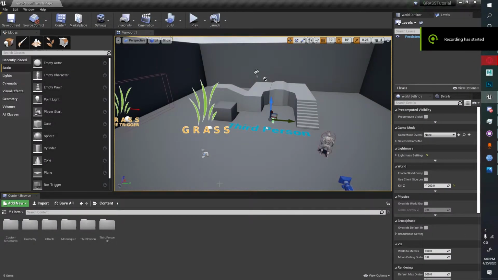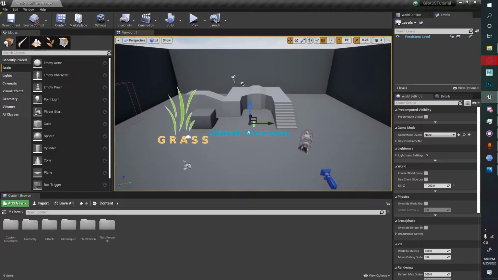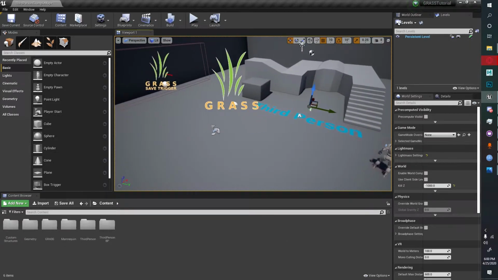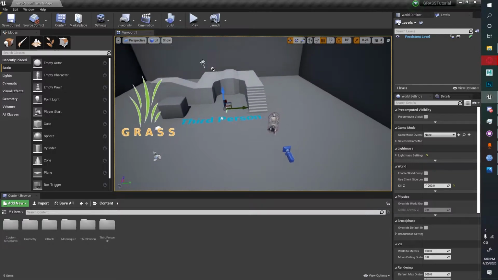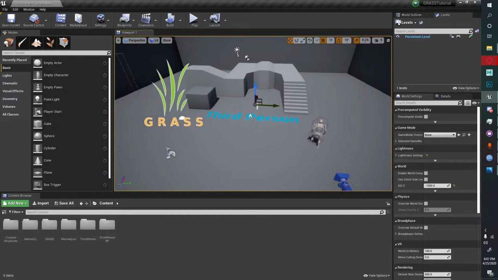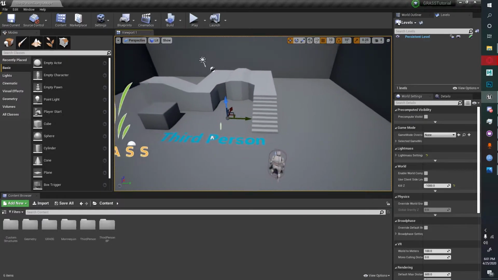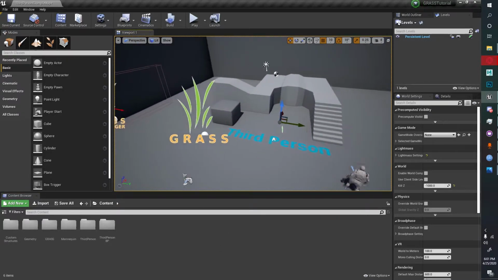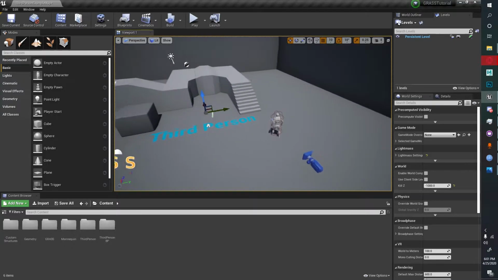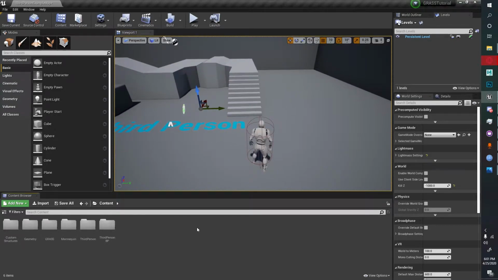Hi there. In this video, I'll be showing you how to add your own custom variables that you have made into the Grass workflow. This is going to be a little bit of a long tutorial because I'll be going into the in-depth systems of how Grass works. Now, the base variables that Grass comes with already